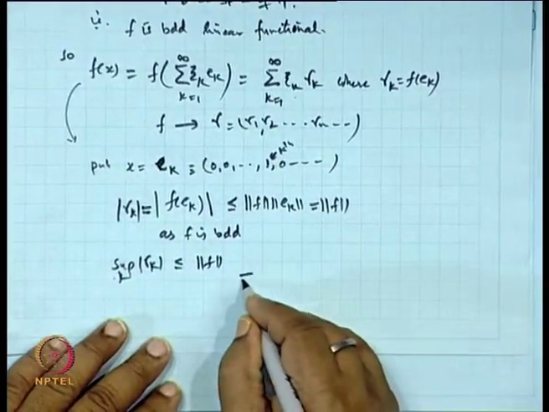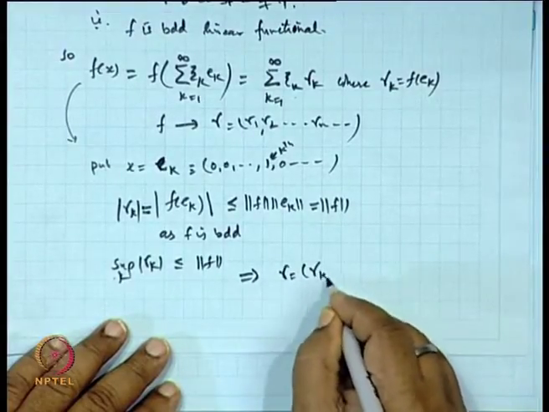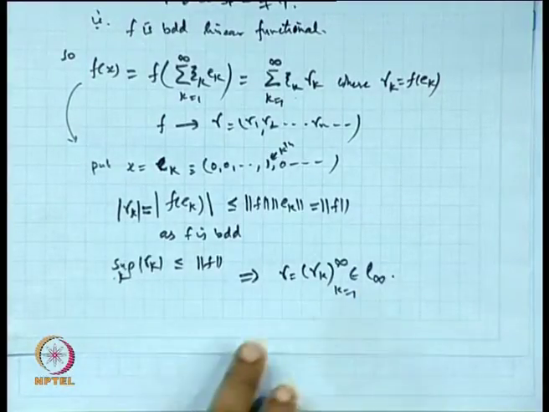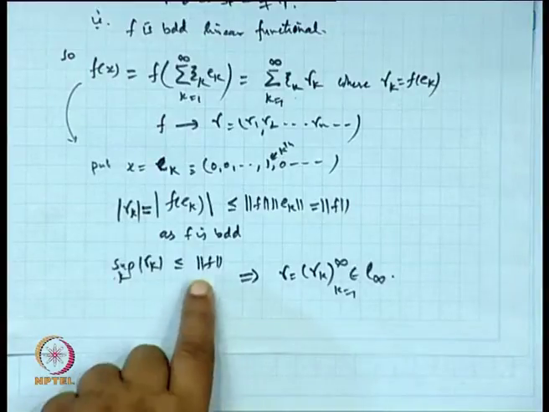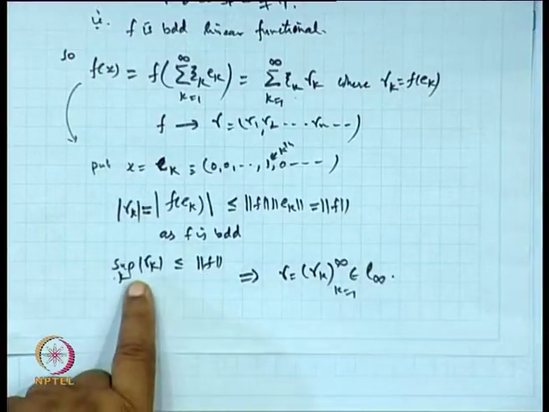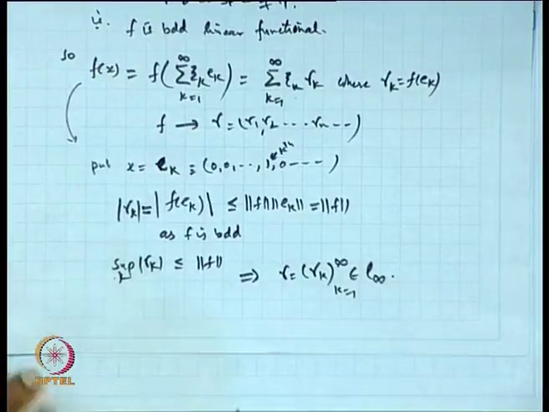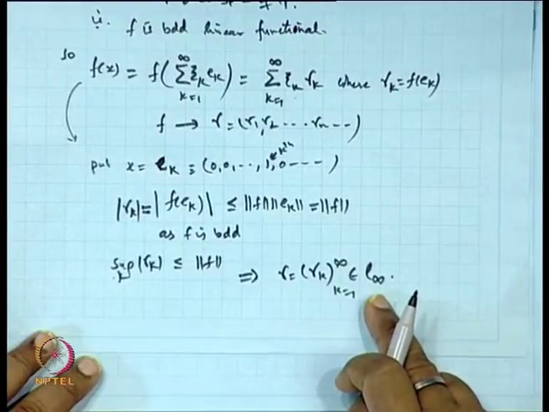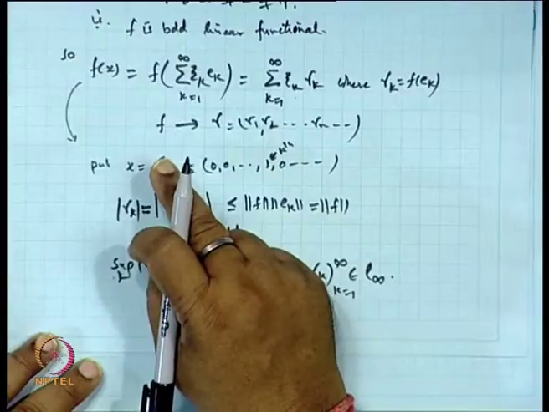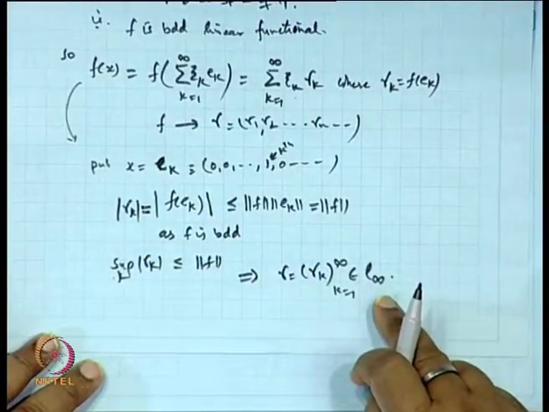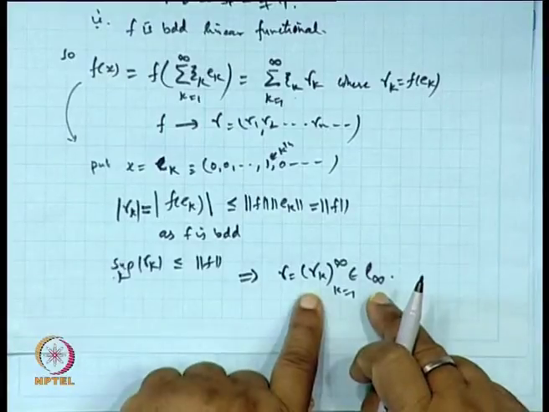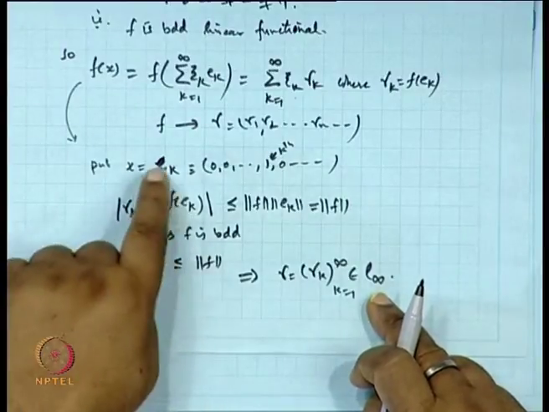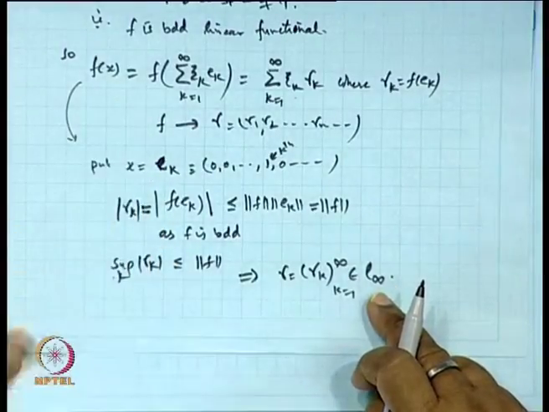This shows that a sequence gamma, which is gamma k, k is 1 to infinity, must be a point of L infinity. The L infinity is the class of those sequences which are bounded. So, we have established one thing, that for each f we can find a point in L infinity. That is, for every bounded linear functional we can identify a point in L infinity. Now, let us take the converse. If a point in L infinity is given, then with the help of that point we can also identify a point in the dual, then there will be a one to one correspondence.